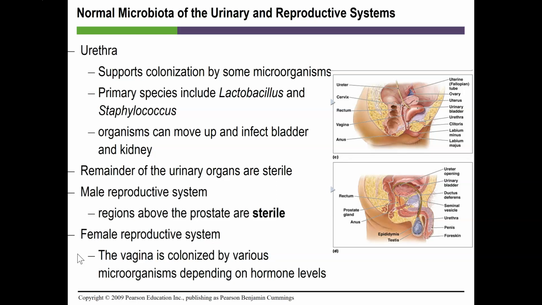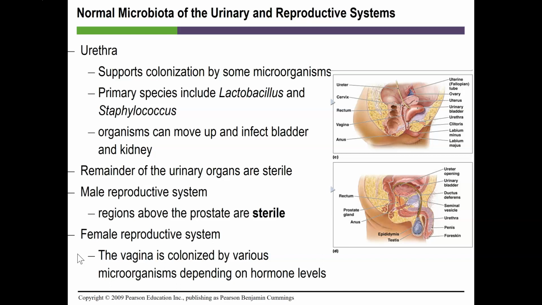First, we should do a quick review of the anatomy so we have a better understanding. Urinary tract infections are far more frequent in females than in males because of the anatomical differences. The urethra tends to be much longer in males than in females because of the length that the urethra has to traverse to get from the bladder through the penis. Females don't have nearly as long a distance from the bladder to exit, so organisms can travel from the outside,